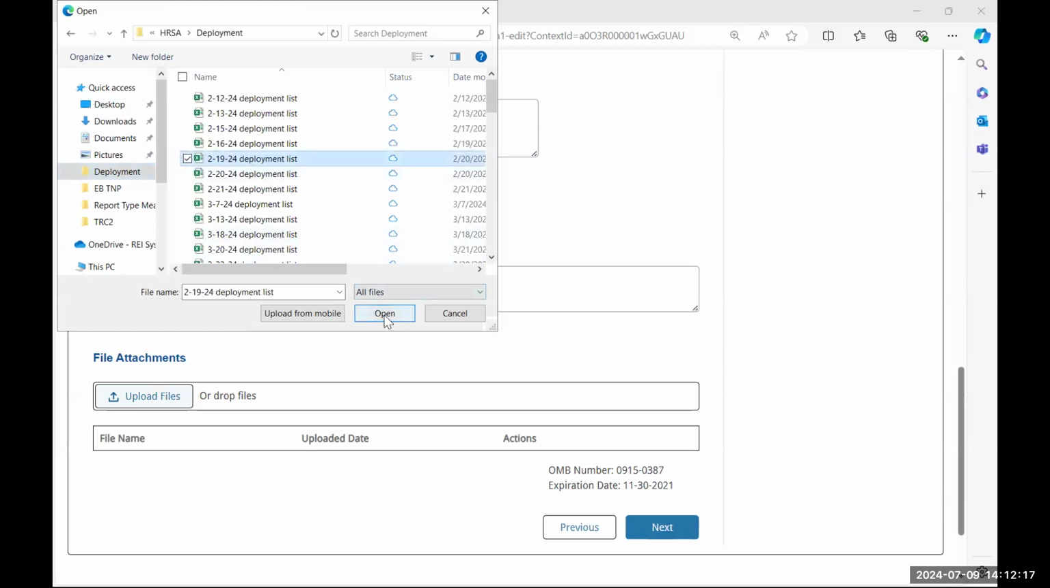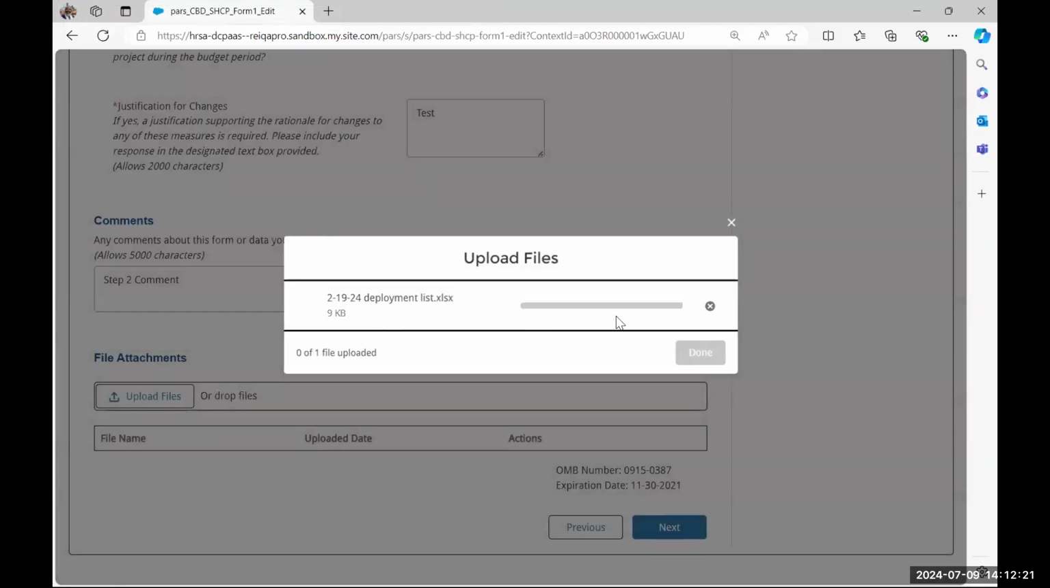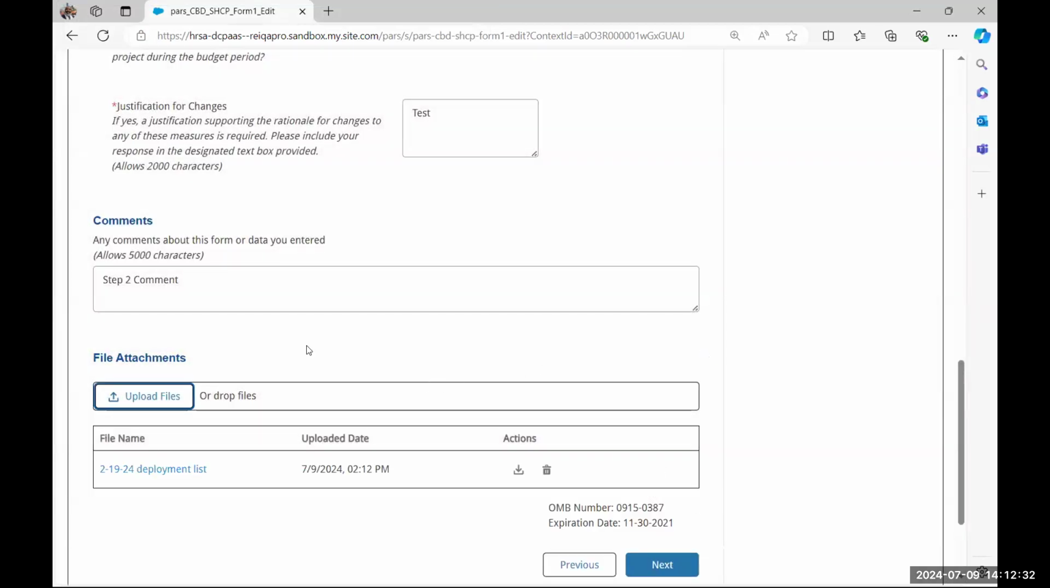I'm going to select a file. And as the file is uploading, when it's done, you get that green circle with the check mark. If you upload more than one file, when they're all done, the done button becomes active and you can click on done. And just like with the comments, your file attachments are going to be